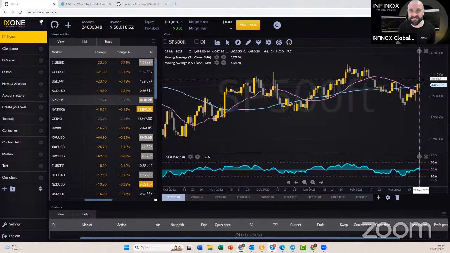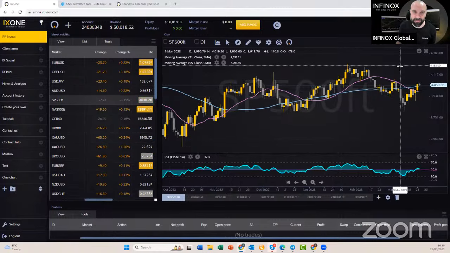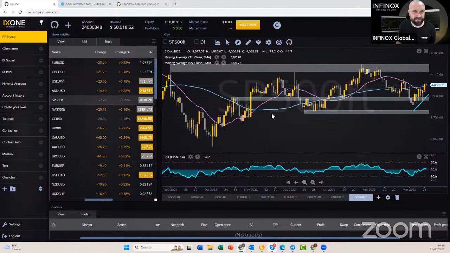Look at this resistance at 4085 on S&P futures. Big resistance. Get through that, it really does start to move back towards the highs again. I'll show you this chart here, which reflects these key levels. It sort of had this move back towards the pivot area, this pivot area between 3,900 up to a